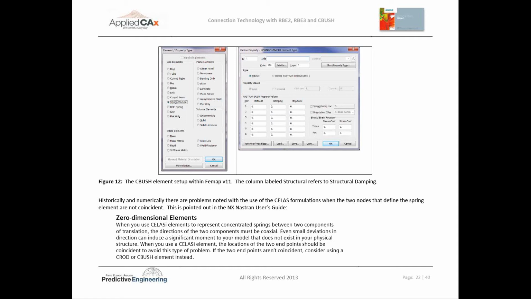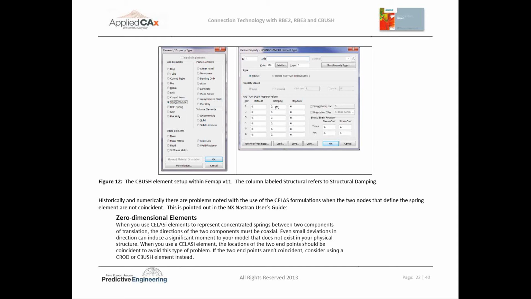I don't know, I just don't like it. I like having a little bit of gap between my nodes. So if you have a gap, this is going to cause problems. The CELAS is just not set up for it, and that's what the Nastran manual is telling you, that you can have bad things happen. The way around that is CBUSH, the new default element. When you hit spring damper, it's going to default to CBUSH. I think of this as a 6 degree of freedom beam element. You can tailor the stiffness in any of the 6 DOF,